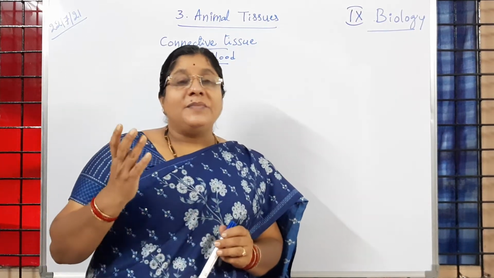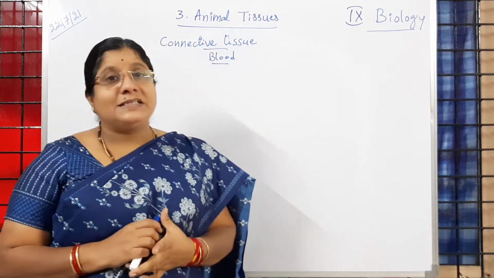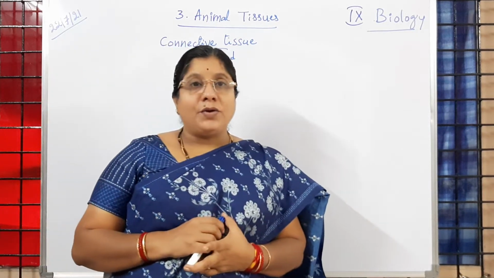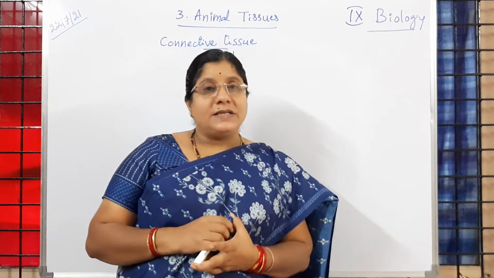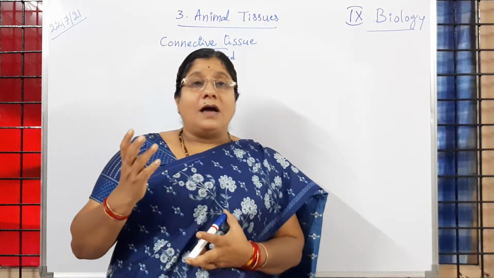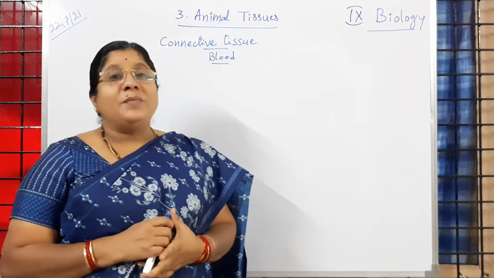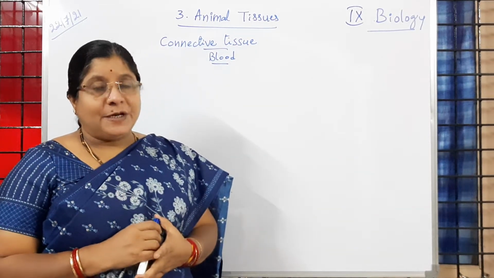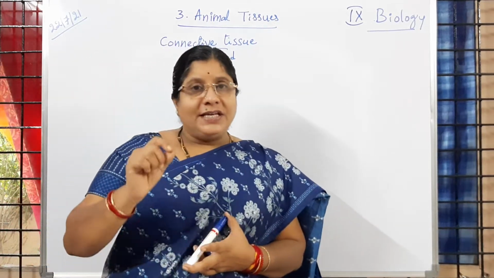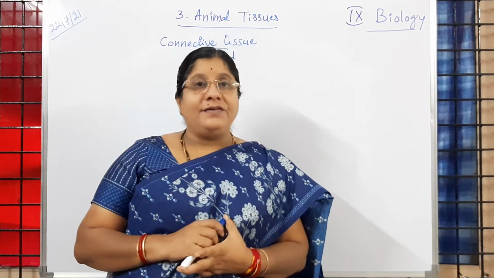Now coming to the cells of the blood, RBC. RBC are also called erythrocytes. They are produced in bone marrow. In embryonic conditions, they are produced in the spleen. Is it clear to children? Then the RBC contain hemoglobin, because of that only they are red in color. And RBC takes part in respiration. Respiration means to carry the oxygen as well as carbon dioxide. Each and every cell is supplied with the oxygen, that is because of hemoglobin. Is it clear to children?